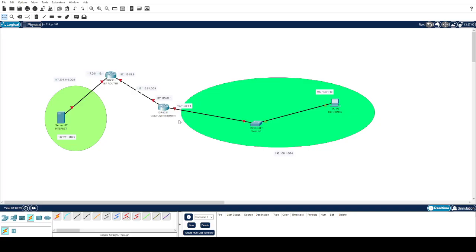So the customer router's interface gig 0/0/0 is connected to the local network or private network, having a local network of 192.168.1.0/24, which is connected to the switch and then to the customer PC, having the IP address of 1.10, and another interface gig 0/0/1 is connected to the WAN side,